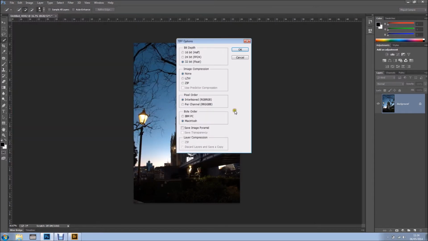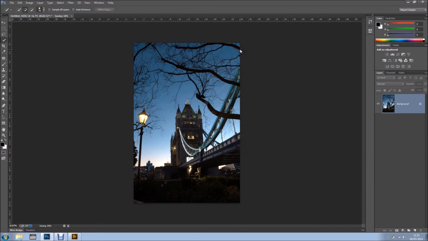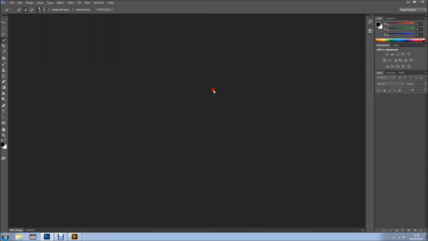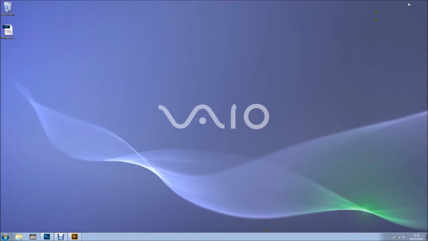I'll click Save. I've got all of this and I'll leave it as it is, but please make sure that the 32-bit right here is the one checked. You click OK, and now it's saving, and I can close it. Would you like to change it? No. So I'm going to minimize and go to my desktop, and as you can see I've got my TIFF